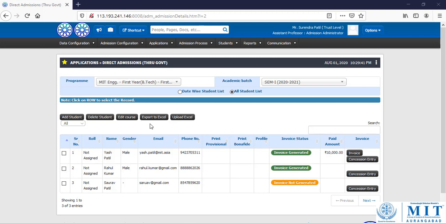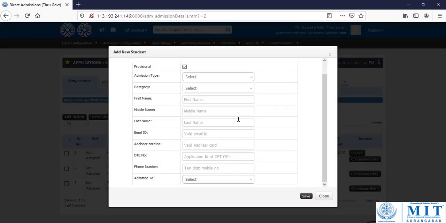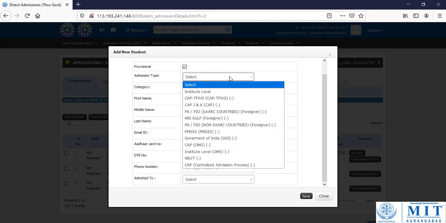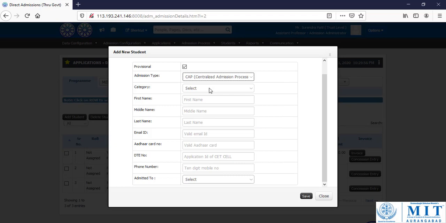So how to register a student into the ERP system? For that purpose, click on this add student button and fill all these details. We select admission type, let us say CAP, category of the student, first name, then provide the email ID of the student.